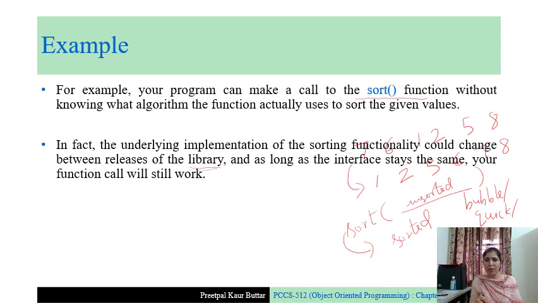Library means the program which the programmer has written, and as long as the interface stays the same, your function call will still work. The programmer can change the implementation from bubble sort to quick sort, but the interface will remain the same. The interface is the call to a sort function with a list of unsorted numbers. So the interface is the same, but the implementation can be changed.